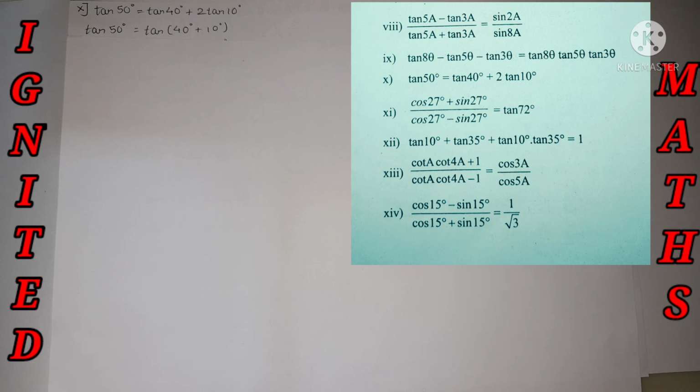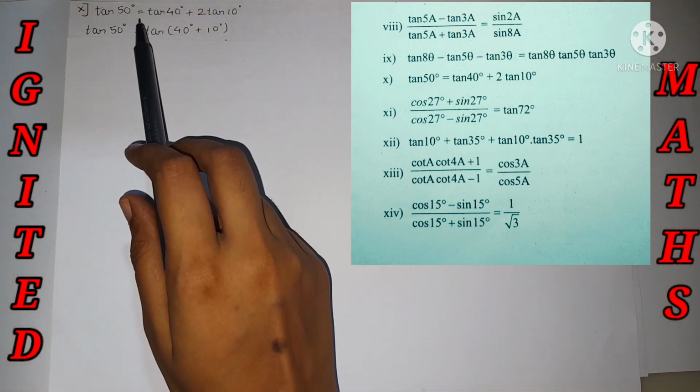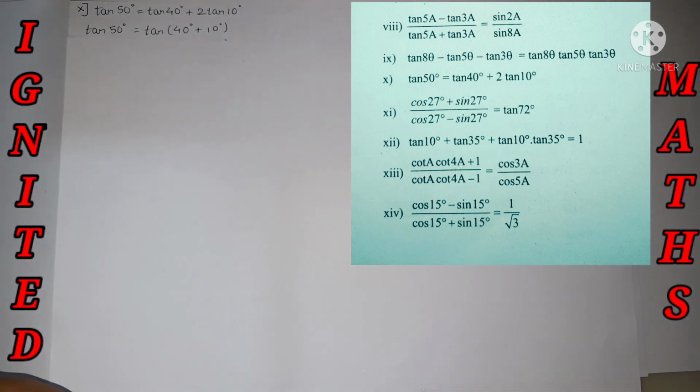The other method is we can take the relation of the two sides, okay, the LHS side and the RHS side, and that way also we can prove it. For that example I took the 10th sub question over here. We are not going to take the LHS and RHS value, we are going to take the relation of it and we are going to prove it. That's what we are going to see over here. So it's nothing but tan 50 degree is equal to tan 20 degree plus 2 tan 10 degree. So I'm going to take the relation of it.